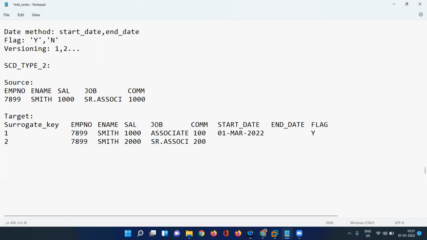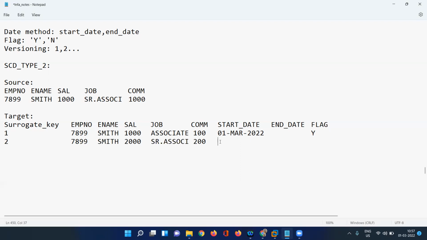Now, when the same record is inserted into this particular table, maybe over a period of time, I can say the next day or after some months, after one year or 2 years, whatever it may be, that date we are going to capture here.